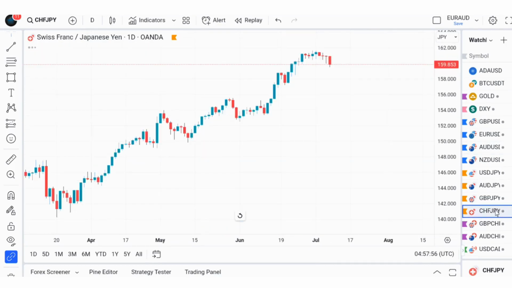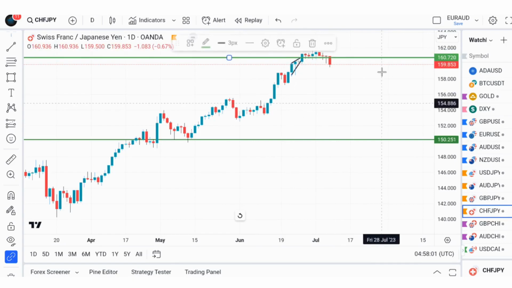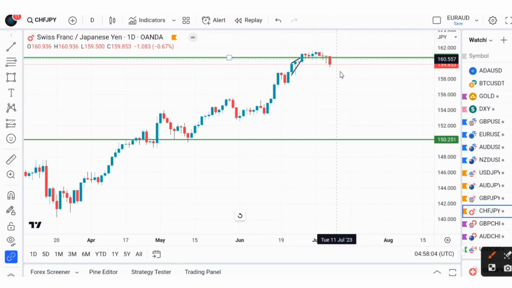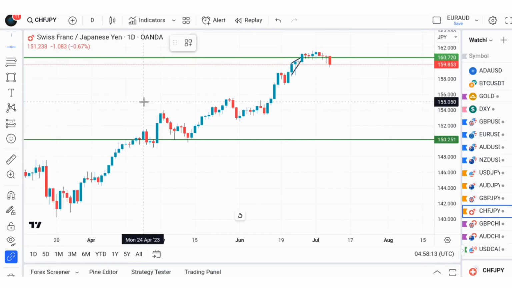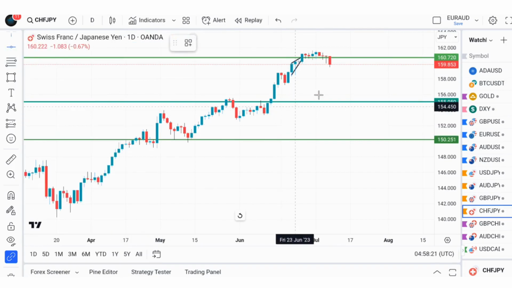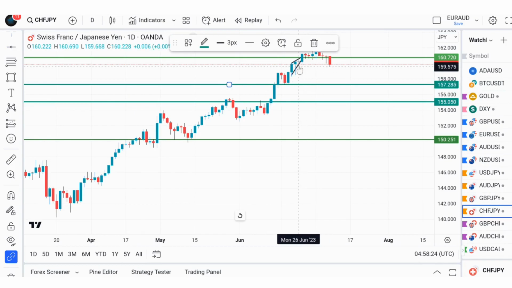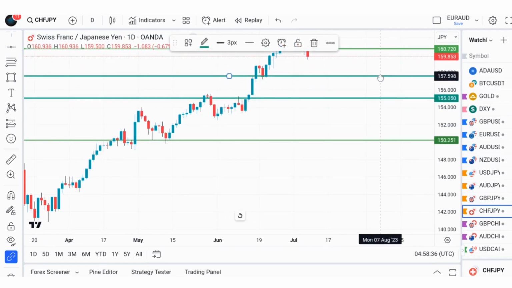In the Swiss franc JPY too, I'm still anticipating a sell after it closed below this particular level last week. I'm still anticipating a sell to this level right there. So let's indicate the levels and the demand level at this area. So yeah, I'm still anticipating a sell to this level,